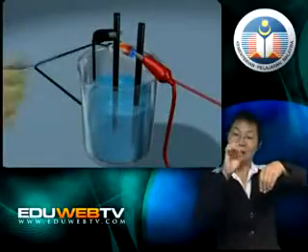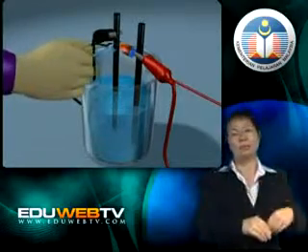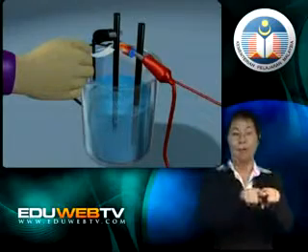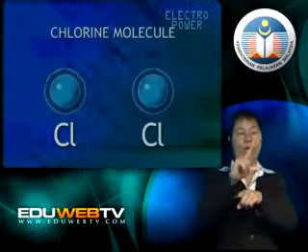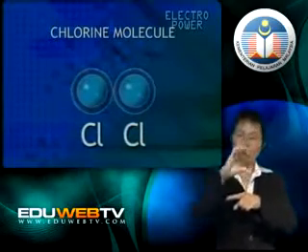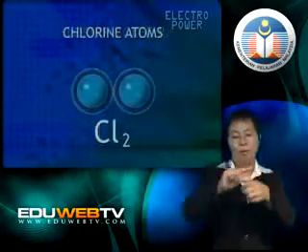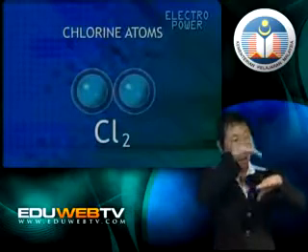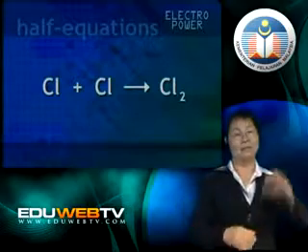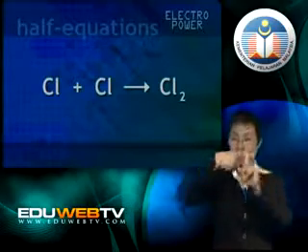However, in the atmosphere, chlorine does not exist as chlorine atoms, but as chlorine molecules. So, 2 chlorine atoms join together to form chlorine gas, which can be seen at the anode. The half equation at the anode is